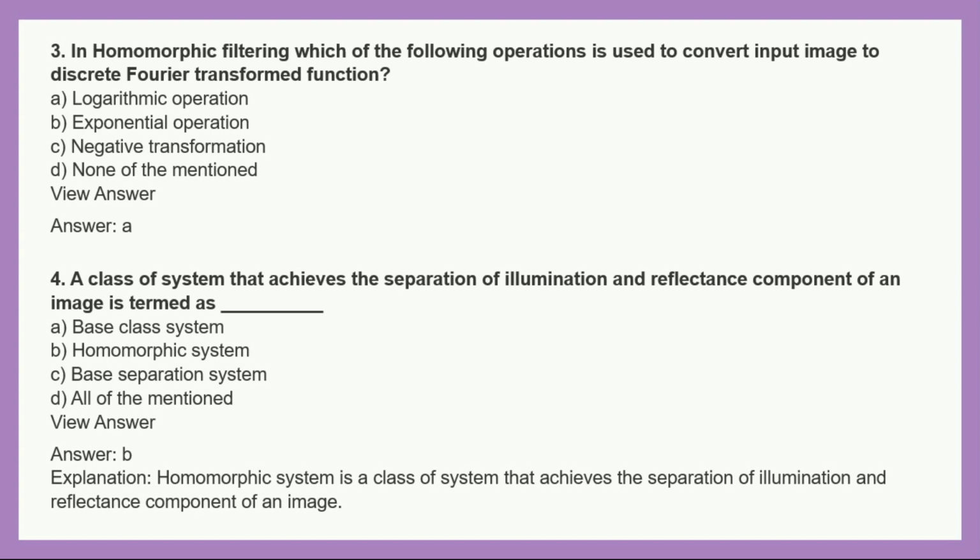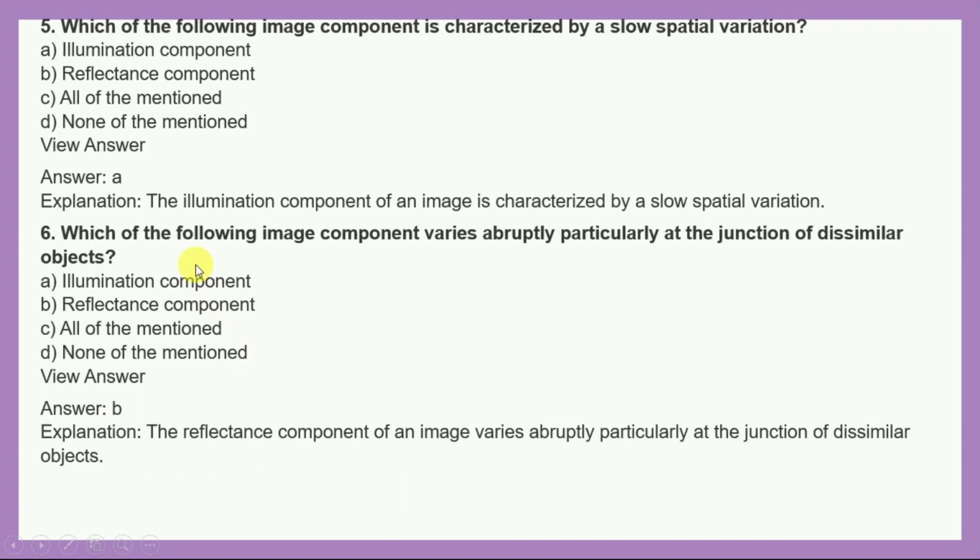Now next question is, a class of system that achieve the separation of illumination and reflection component of an image is termed as. So options are here and the right answer is homomorphic system. Now the next question, which of the following image component is characterized by slow spatial variation? So answer is option A, that is illumination component, because illumination component of an image is characterized by a slow